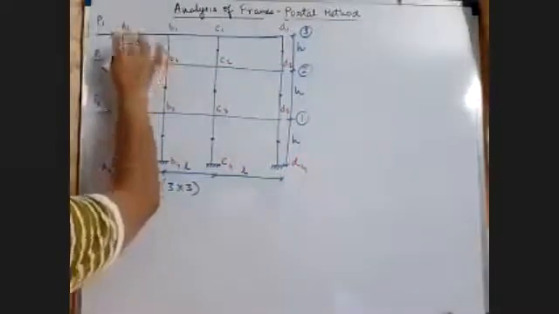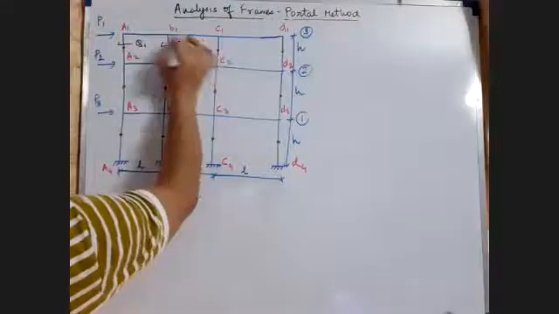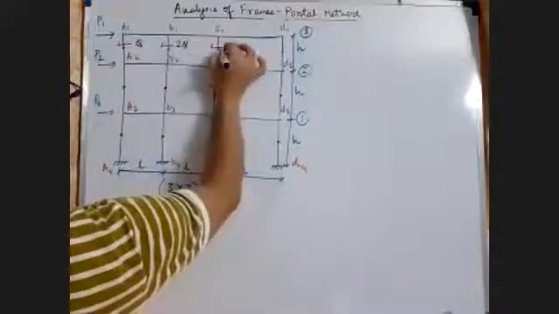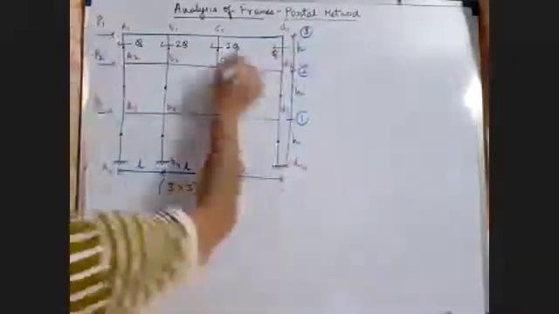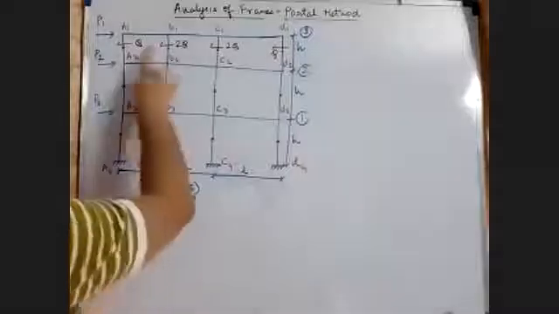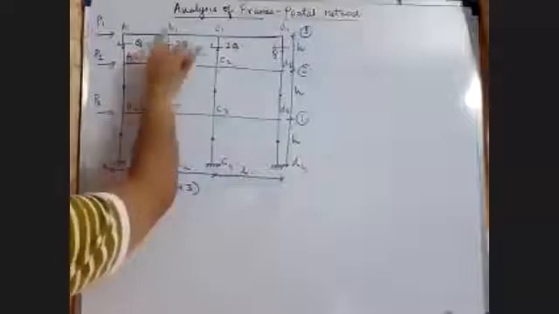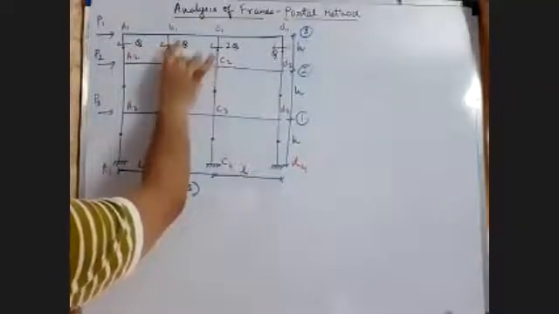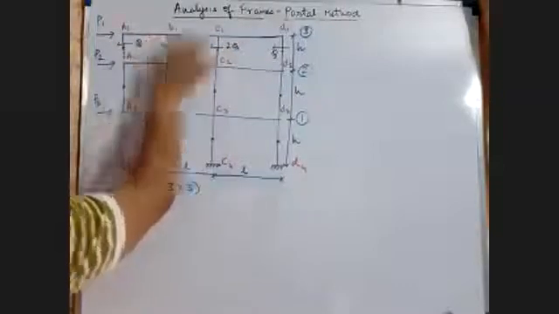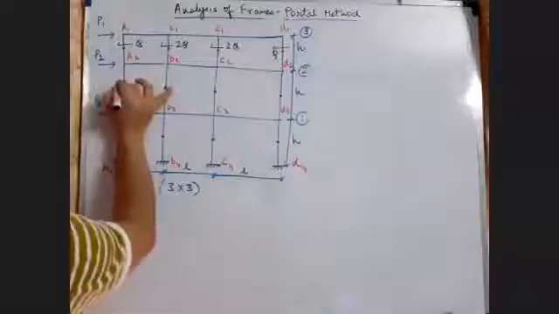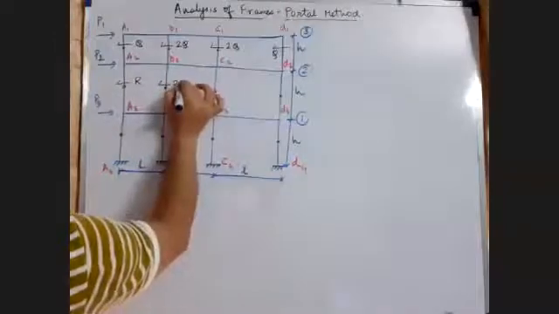The horizontal shear for the exterior column, let us take Q1. So the interior will be, sorry, Q2 or twice Q. The interior shear force will be twice Q. Already we know from the last assumption, assumption B, that the shear force taken by each interior column will be double that of the exterior column. So for floor 1 and floor 3, I am taking Q. For floor 2, I am taking R.